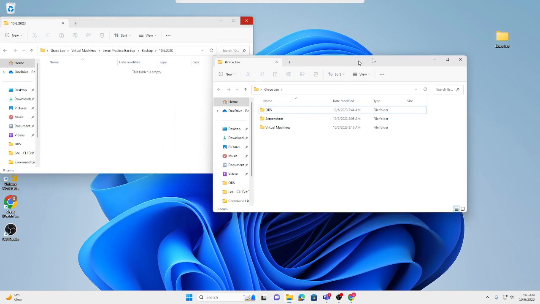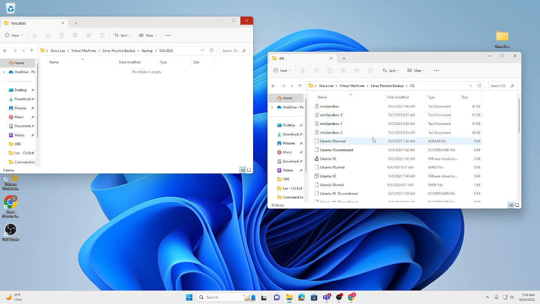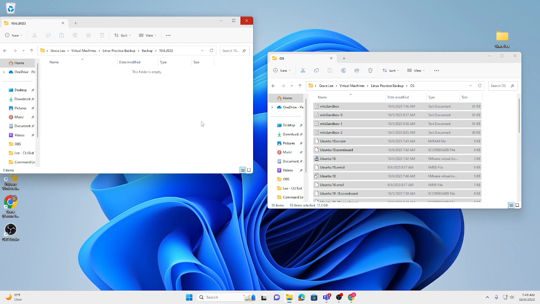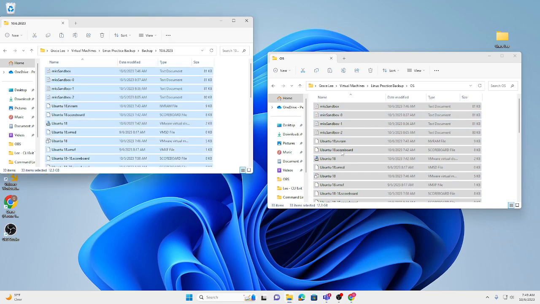I'll go to virtual machines. And then I'm gonna go back in here, going to the OS. Then I want to Control A to select everything and make sure it's everything that's selected and nothing that's wrong. Control C, and then press back on this folder. Control V, and that's all my backup that I have from all the OS,